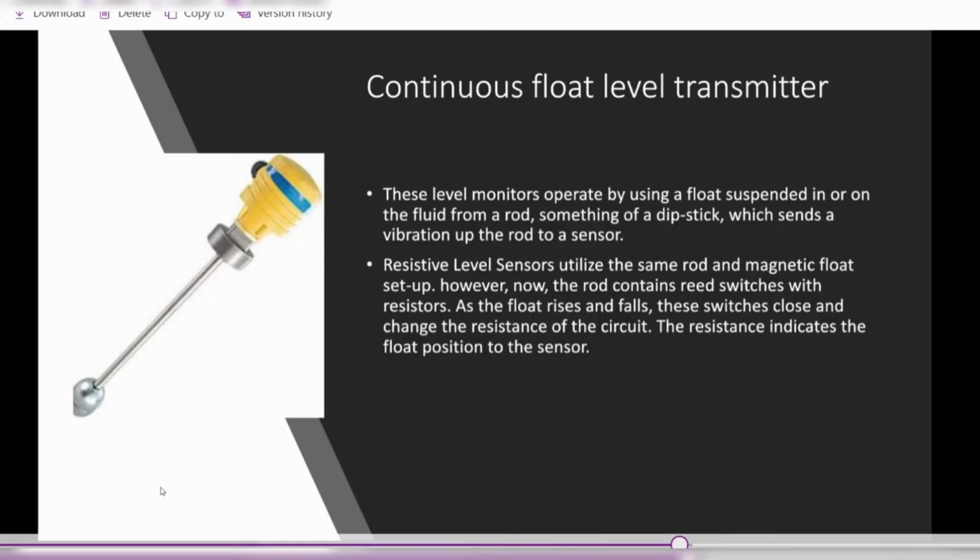It has several disadvantages. If we use it at industry level, we cannot determine the intermediate level of water using it. Another disadvantage is that if we are using another liquid for measuring another level of liquid, we cannot use it with that because it cannot work with high viscosity. And from here Pratik will go on with ultrasonic level.